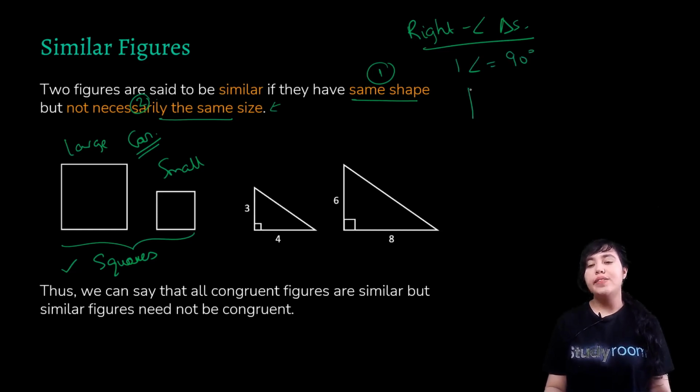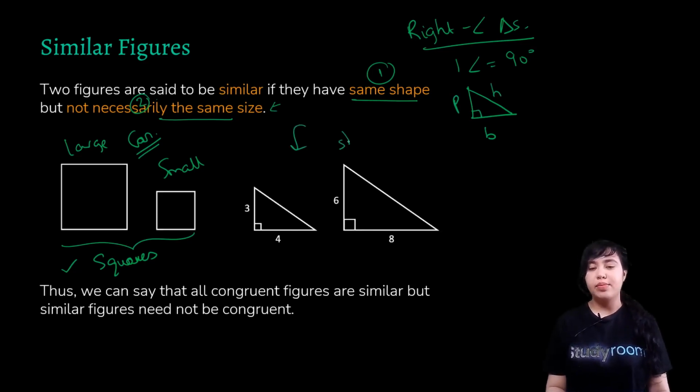And we give special names to the sides of such a triangle. So if this angle is 90 degrees, this side is called the perpendicular and this is called the base. The side opposite to this right angle, which is apparently the largest, longest side of this triangle, is called the hypotenuse. So let's come back to this.